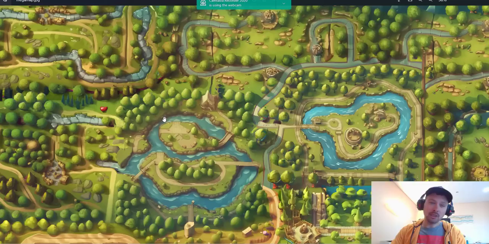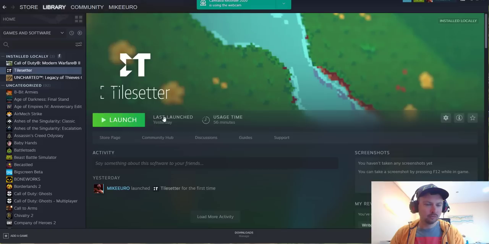But the advantage is I was able to do this big beautiful map in just 1 hour. It's very fast. Now with tiles, it's using less memory, it's more professional approach, but it's very tedious and long process creating these tile sets. I could research this topic, and on Steam there is a game called Tile Setter, which is basically